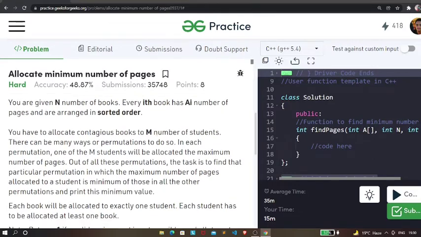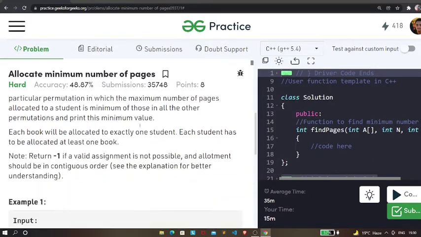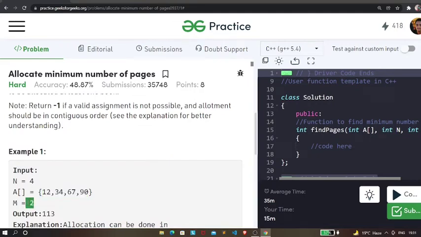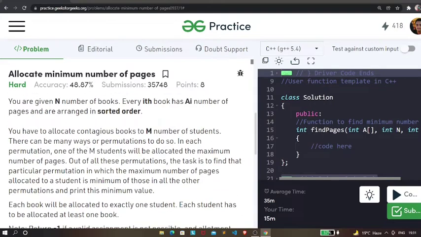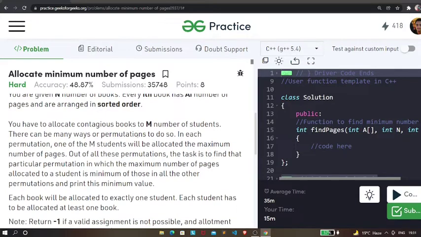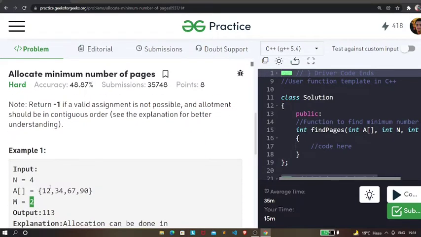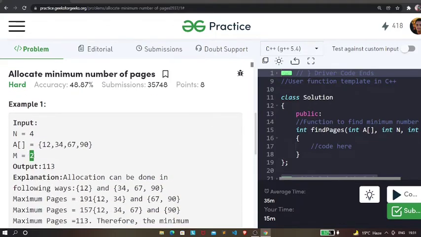So we are also given m number of students. Over here the number of students is 4. So what you need to do is distribute these books among this m number of students.